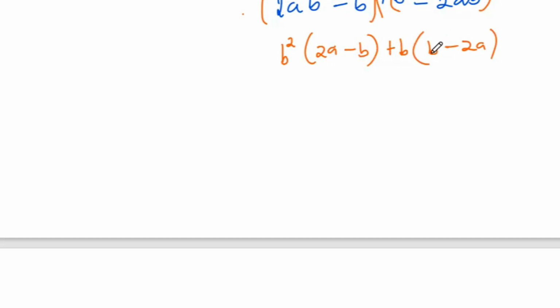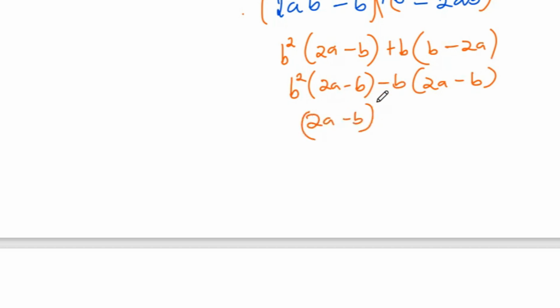So the only way to solve this is by taking out the negative sign. So factorize the negative sign there. You're going to have a negative b, and everything must swap around. What was negative becomes positive, what was positive becomes negative. Then you can see that these 2 brackets are the same. I'll have 2a minus b, and then I'll be left with a b squared minus b.